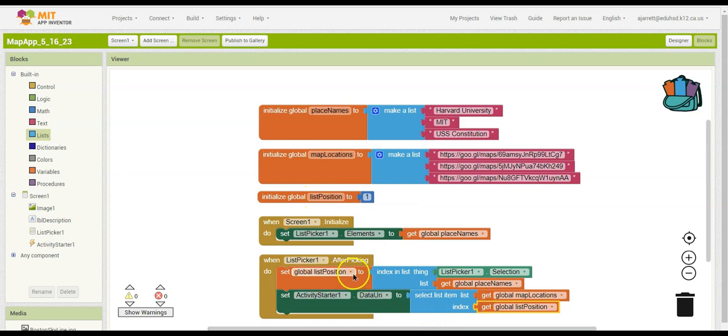Okay, so this first part sets the list position index. Remember, index starts with 1 in App Inventor. So it sets the list position equal to the selection in the list picker, from the place names. And remember, these three have to be in the same order as these three right here. So once we have that list position set, then we're going to set the data